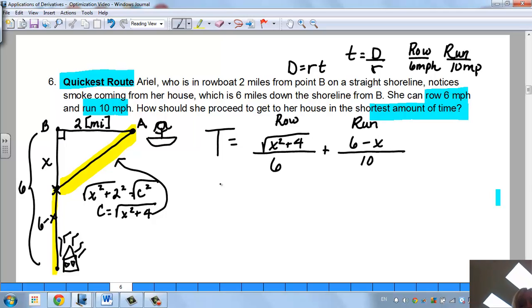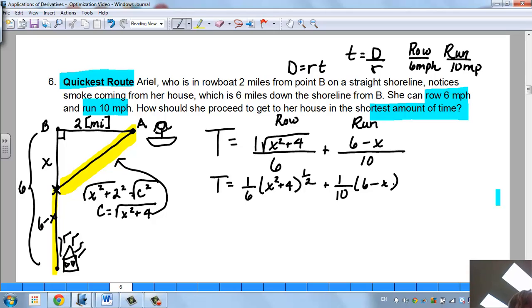So I'm just going to rewrite this a little bit. Our time equation is going to be, pretend there's a 1 here, 1/6, and I'm going to change that to x squared plus 4 to the half power, because we're going to take the derivative. We're looking for the optimal, and this would be 1/10 times 6 minus x. Okay? So if I'm taking the derivative, because I want to know dt/dx, or t prime, this is the power rule, so that'd be 1/12 times x squared plus 4 to the negative 1/2 times the derivative of the inside, which is 2x,